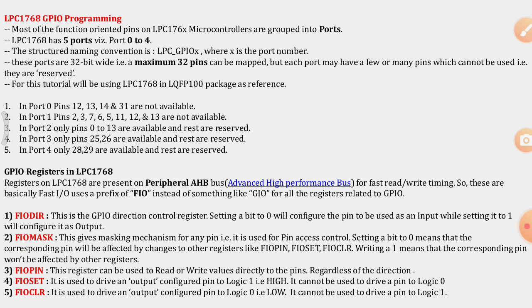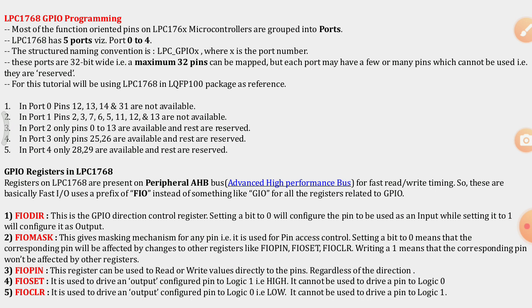The structured naming convention is LPC_GPIOX, where X is the port number. If I want to access any of the ports, then the name should follow LPC_GPIOX, where X is 0 to 4.